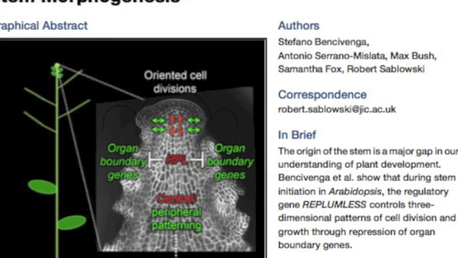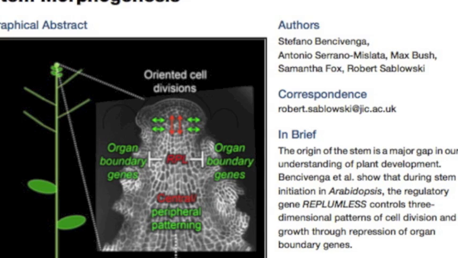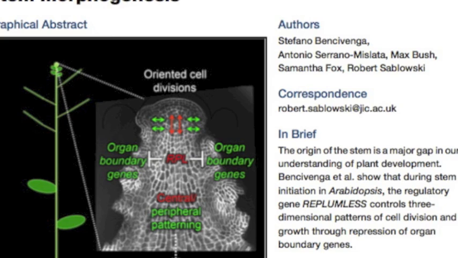Okay, I see. Thank you very much for that comprehensive review of the paper. I've got a question about maybe the start of the experiment, when you first were thinking about how to analyze the rib zone. Because, of course, you have to image through quite a significant number of cell layers from the shoot meristem, and then you have to rely on the propidium iodide getting into those cell layers in a consistent manner. So was that a difficult set of experiments to do initially to set up the